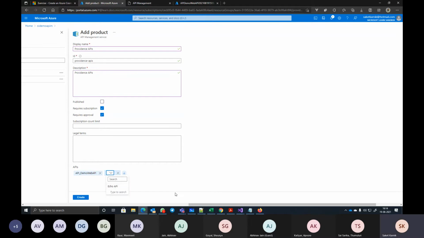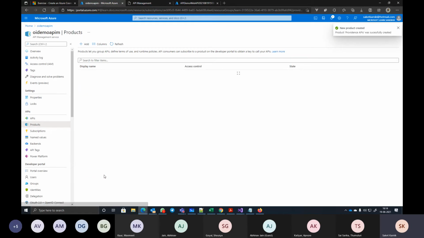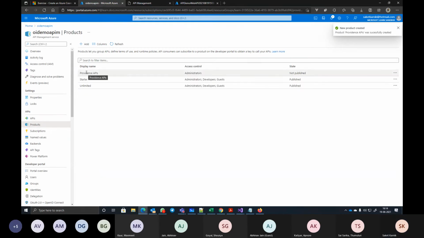If I want, I can add more APIs also. Echo API I'm not looking for as of now, so I just want this. Say create. This will include sample and department API both. Now one more thing. Here you can see the access is available to administrators only. I want, apart from administrators, it should be available to anyone who is logged in